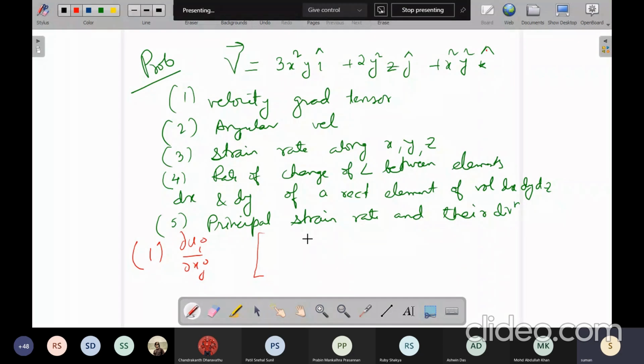So when you want to give an answer to the velocity gradient tensor, it is systematic if that is given in a matrix form. So the first row, that is i equal to 1, you have all the derivatives of u. Second row is i equal to 2, so you have all the derivatives of v. And the third row is for w. This is very straightforward.